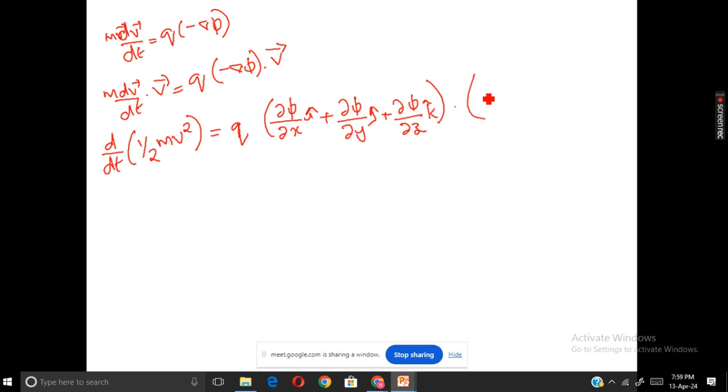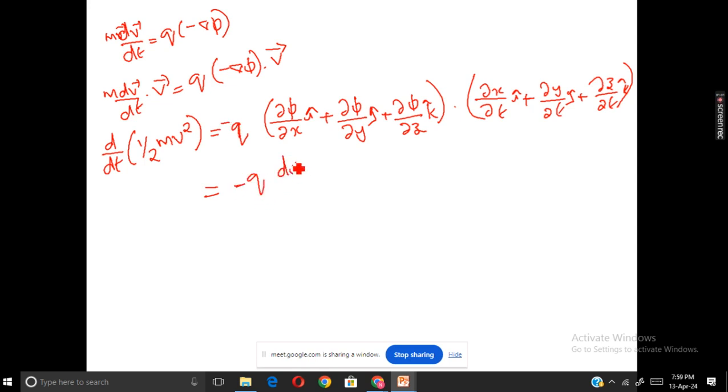V is vx i plus vy j plus vz k. In terms of the distance, we can write dou x by dou t i, the differential of distance, and dou y by dou t j plus dou z by dou t into k. After taking the dot product, it will become